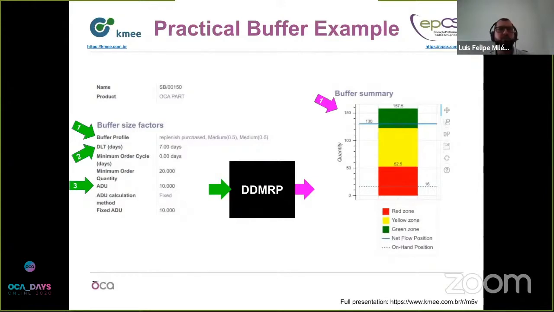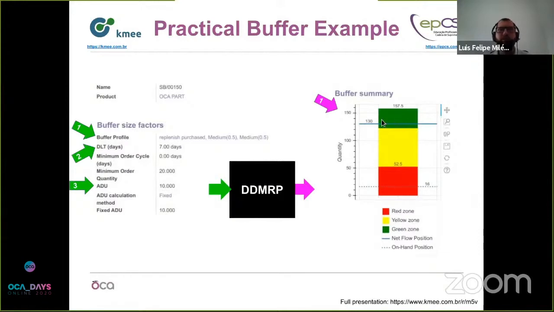That gives us the first output, that is the buffer. It's divided in 3 zones. The yellow zone is the heart of the inventory, the stock required to cover a full lead time. And the second one is the green zone. It's the heart of the supply order, setting the average order frequency and size. And the last one is the red zone, the safety in the buffer. If a part has a high variability, the red zone will be large.